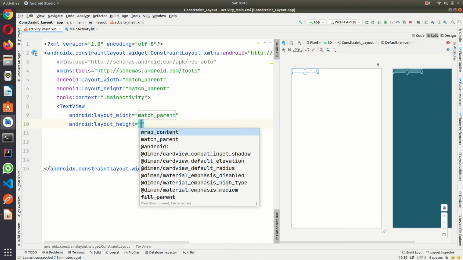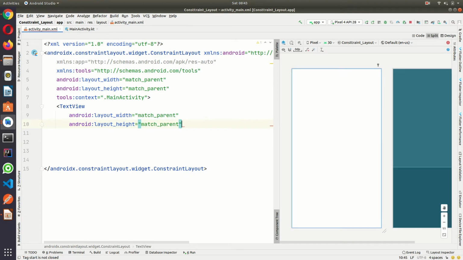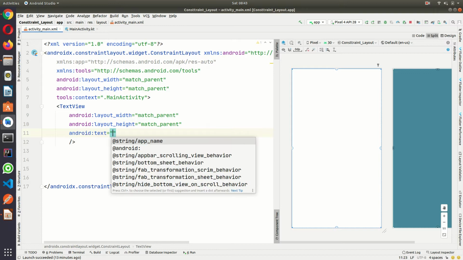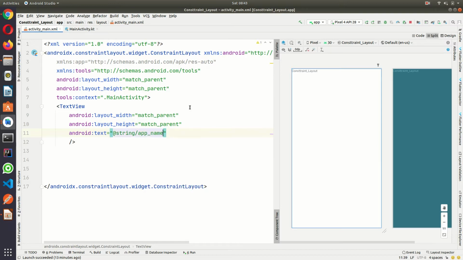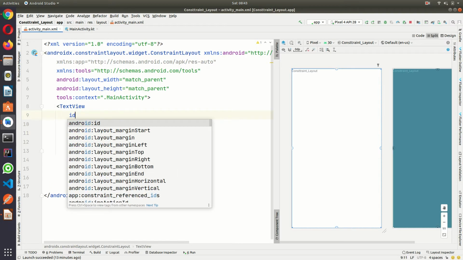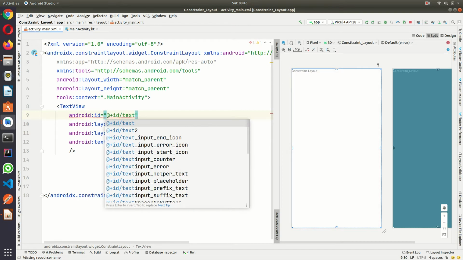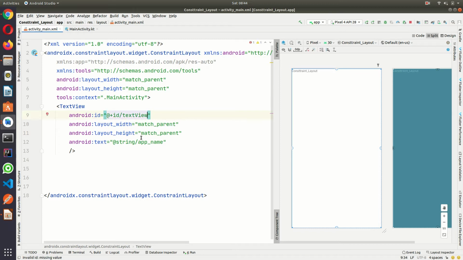I'm making it match parent, and I need to give the text. Okay, and I'm going to provide one ID. The ID is textView.